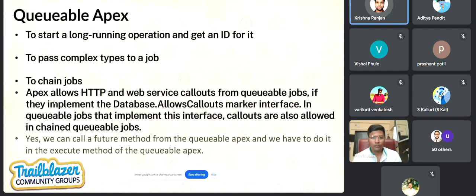Ankit, one more question. In future, we were not getting the IDs of the records that were being processed, but in Queueable we are able to do that. Yes, exactly. So that might be the reason the state is not changing. In future, the state might change, and that was the reason it was not being passed. But in Queueable, since we are getting the IDs of the respective records, it is always taking the latest state of that record. That could be one of the reasons.